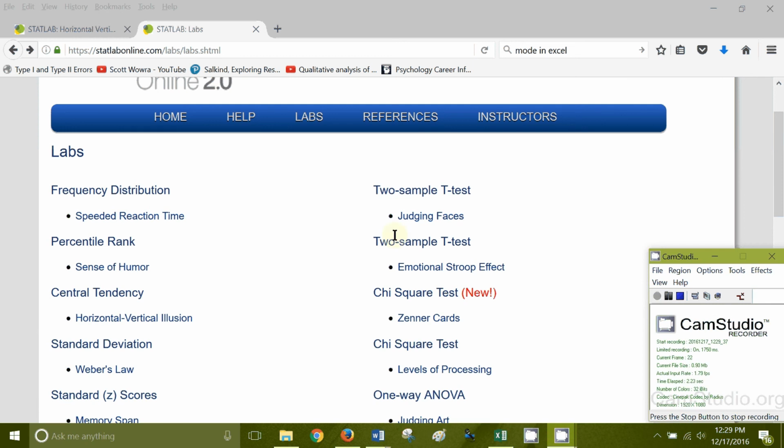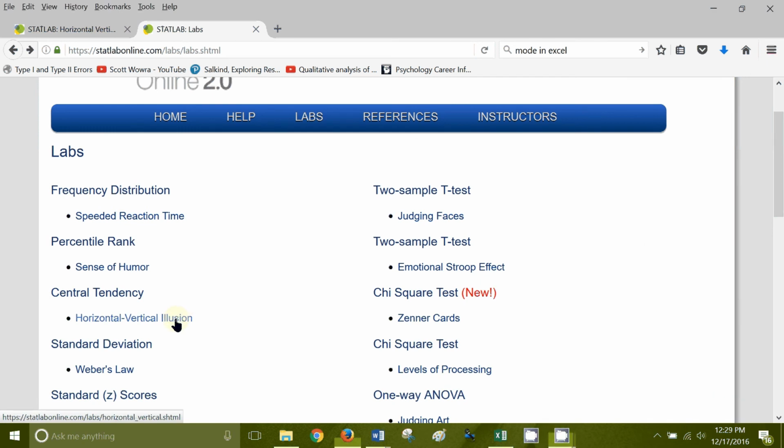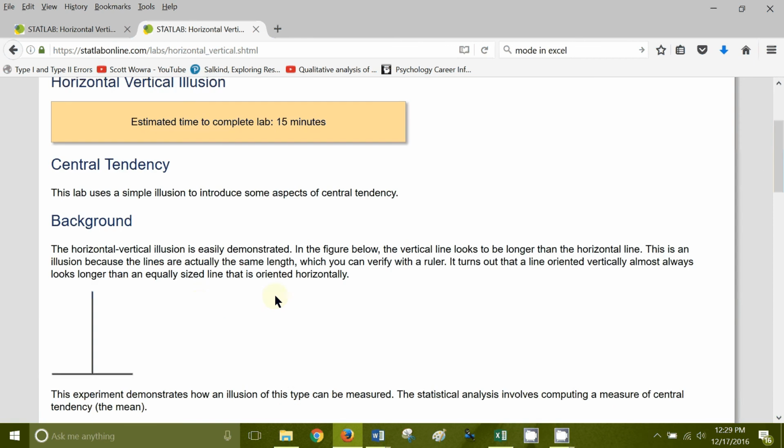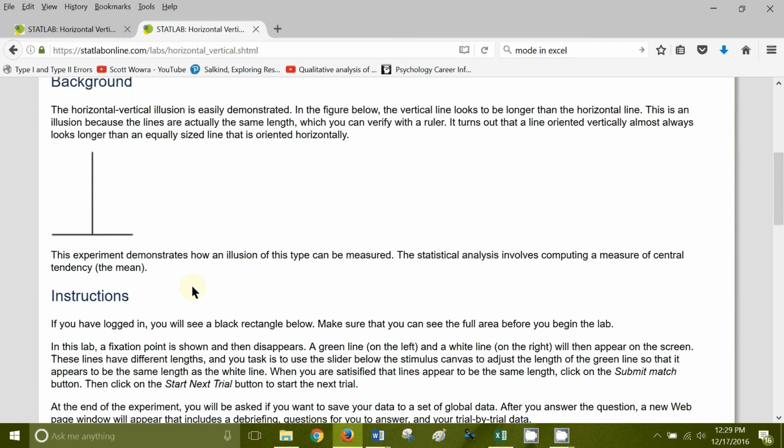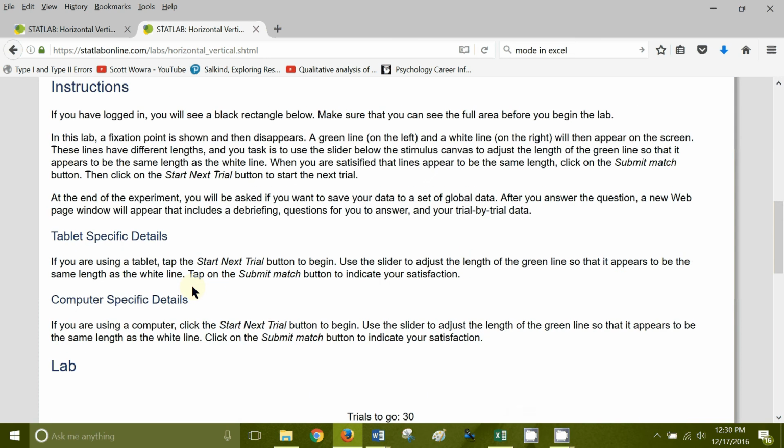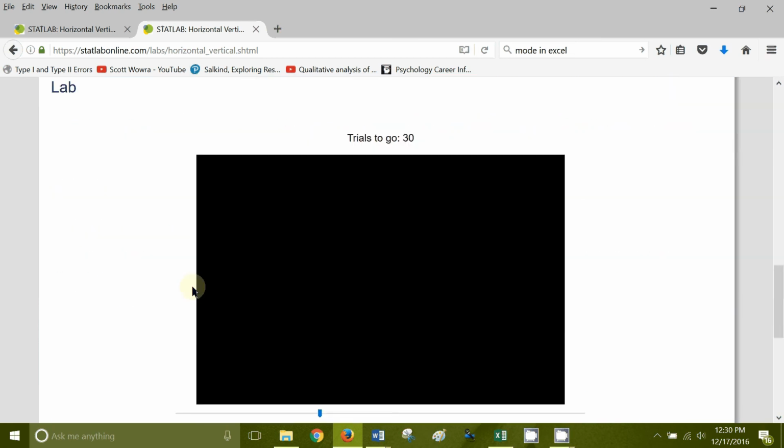Your second stat lab assignment explores the notion of central tendency with the horizontal-vertical illusion. In this lab, you'll read some background information on the horizontal-vertical illusion, which will help you articulate a hypothesis later on in the exercise. In this lab, what you'll be doing is conducting 30 trials, and you'll have a slider